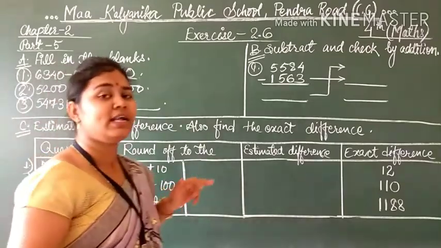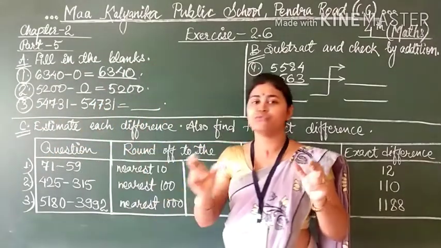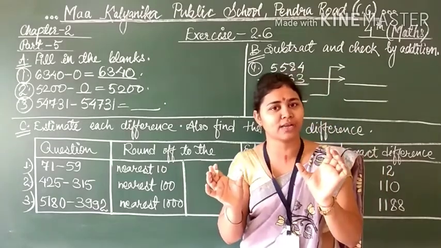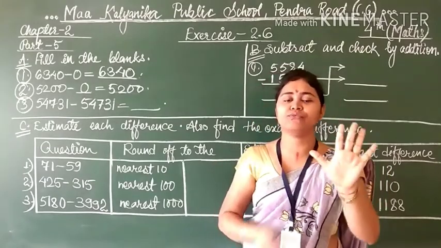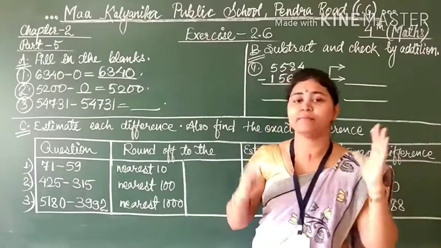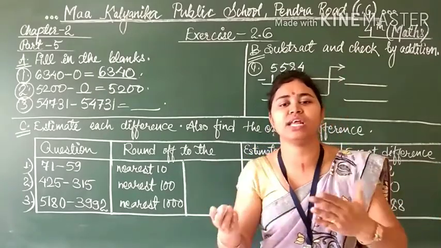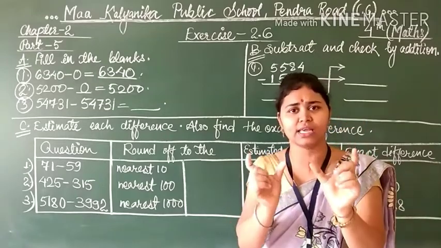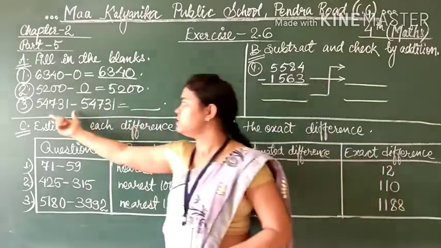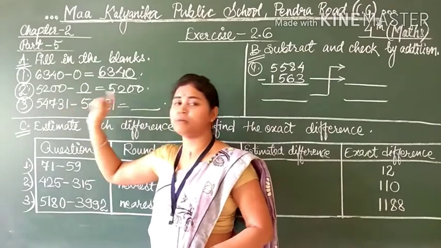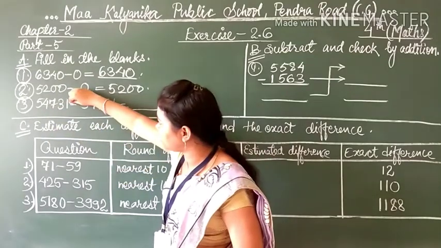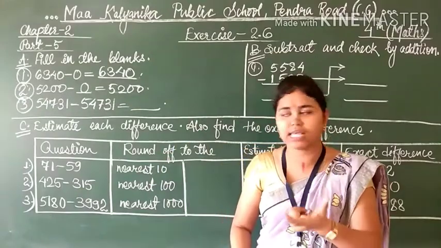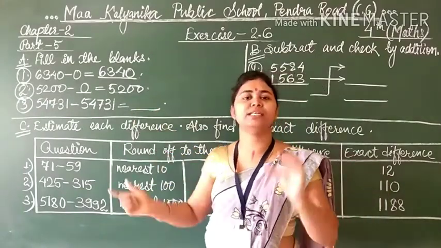Yes. So move to question number 3. Students, third question is, if we are taking one number and the same number we are subtracting from it, like 5 minus 5 or 10 minus 10, 115 minus 115. So if same numbers we are taking in both the places, or if we are taking the difference of the two numbers and the two numbers are same, then the answer will be 0.